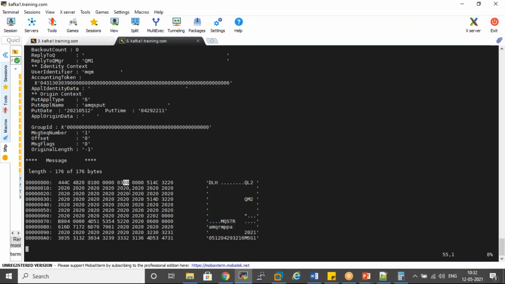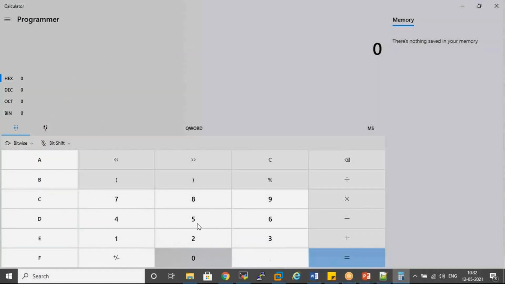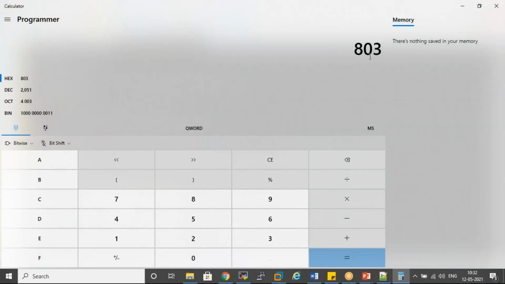Yes, sir. Okay. Now we have to enter the third digit, fourth digit, and then the first digit and then the second digit. It means 0803. That is the format we need to enter. So 0803. This is the way we have to enter it in hexadecimal format in the calculator,